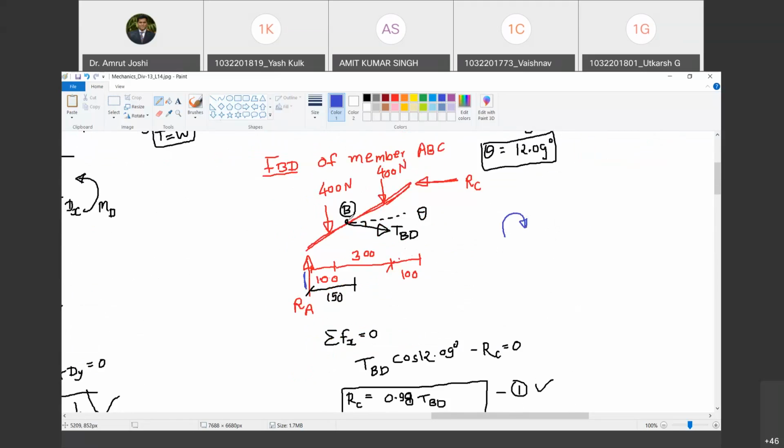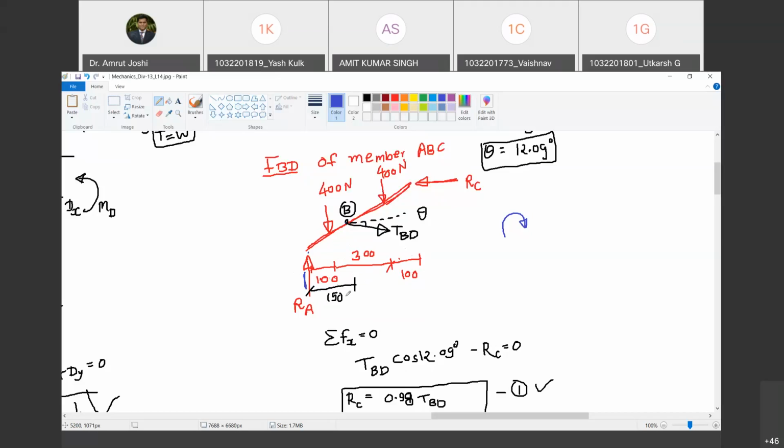At B. Yes. And how much is that? You have to first of all take the component of RA perpendicular to that. No, why? RA is vertical and we are going to look at the horizontal distances. Are you with me? It's minus RA into 150. Yes, so it is going to be minus RA into 150. Very good. Vertical force, we are looking at the horizontal distance of this point from B.